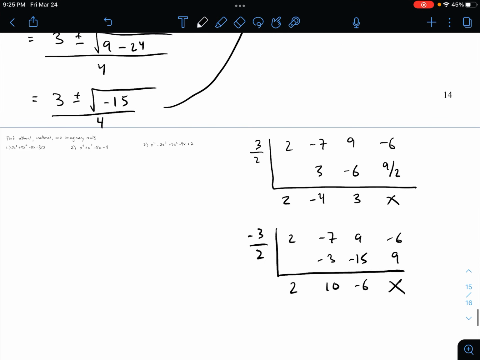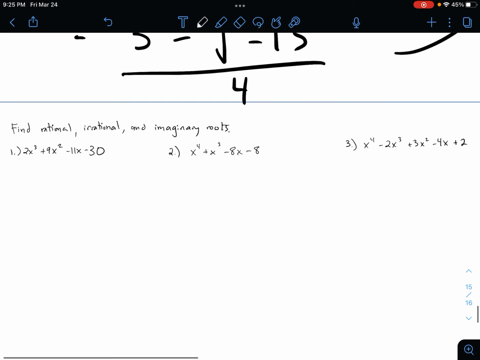All right. On the bottom here, what I've done is I've written 3 problems. Okay. I would like for you in your notebooks to go ahead and try these 3 problems. It asks you to find all rational, irrational, and imaginary roots. There's a second video that you're going to watch, which has me going over these answers. But I want you to try these 3 problems in your notebook first. Work with a partner, see if you can figure it out. And again, don't always assume that you have to use synthetic division right away. Check to see if there's maybe a different factoring method that you could use first to possibly